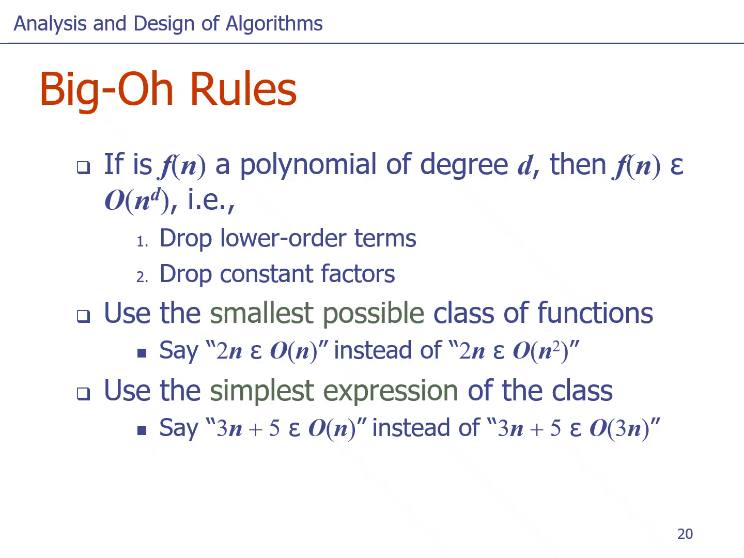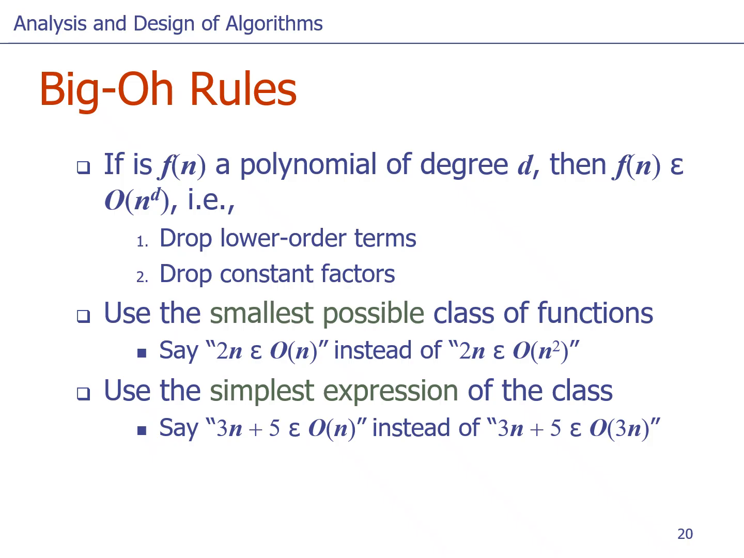Okay? But we are going to set a very important rule that we're going to use the smallest possible class of functions. So, saying 2n is in O of n squared is not mathematically incorrect, but it's not what we are after. We are after the smallest class of functions that's above 2n. So that's going to be just n, okay, or some variation of n. Okay? So this is an important distinction